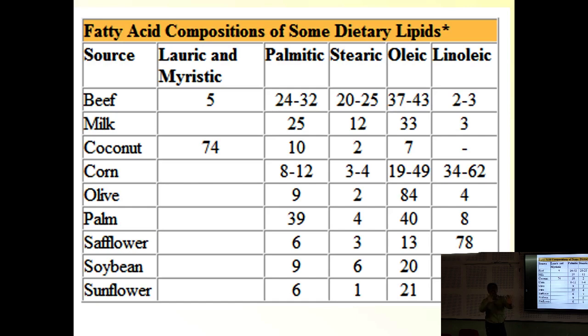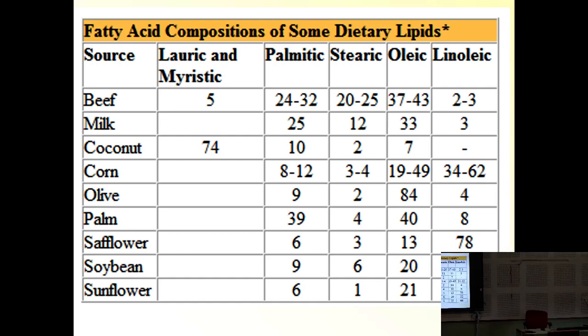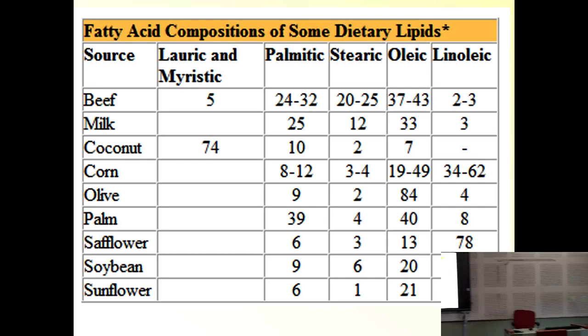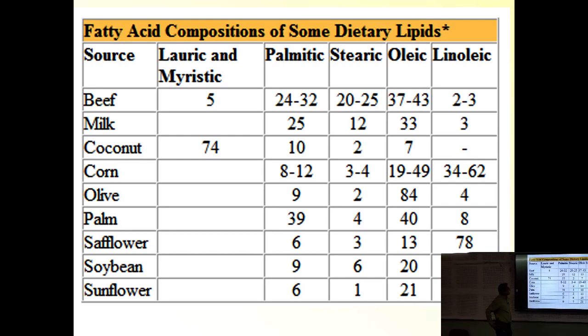Now, oleic, linoleic and linolenic, generally in these classifications, most of the time you will find 100% of that. In beef you will find oleic acid content from 37 to 43, a higher proportion. Similarly, in coconut saturated fatty acid is higher, 74%. Higher lauric and myristic fatty acid is found in what? Coconut. Similarly, higher oleic acid is found in which crop? Then you have to go through oleic, here you will find olive oil.